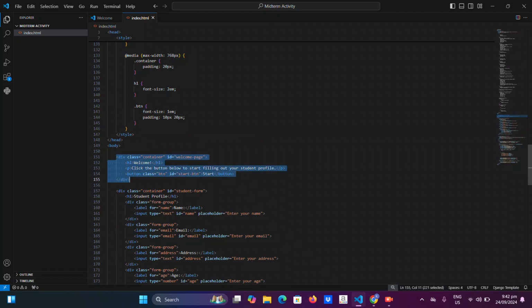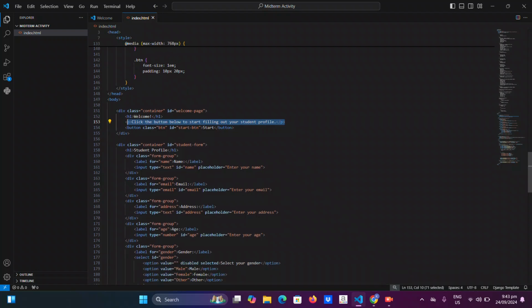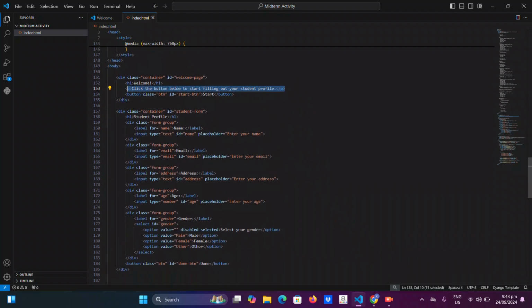this will be the part where the opening page has the welcome, and it also has the part where the user will start the information.